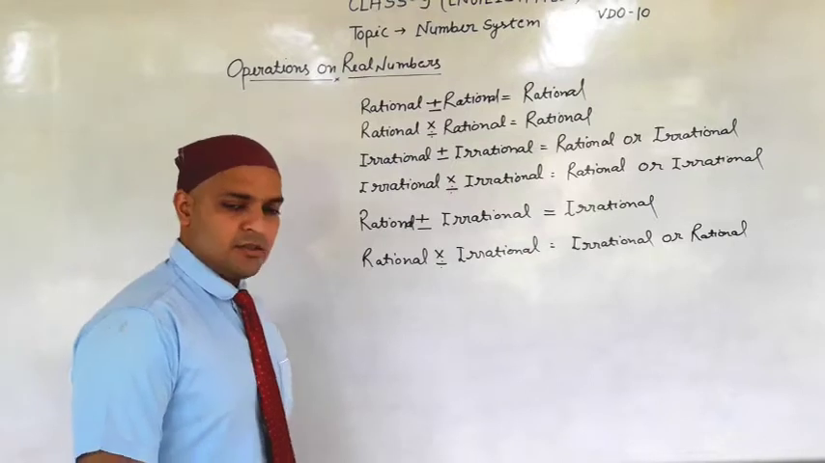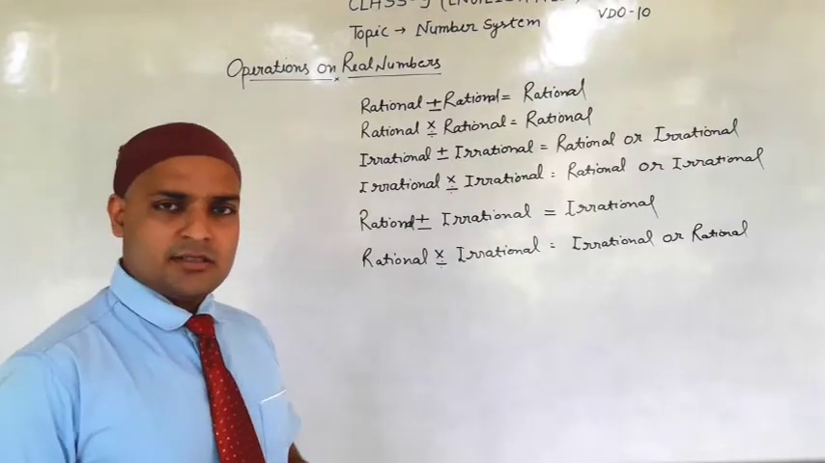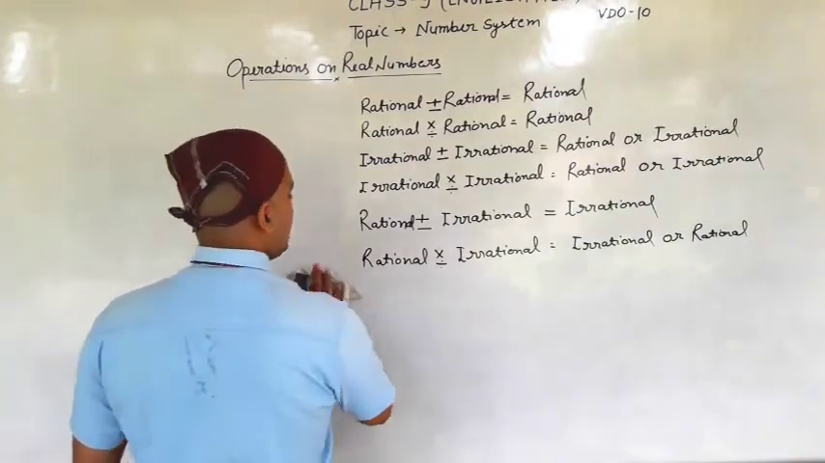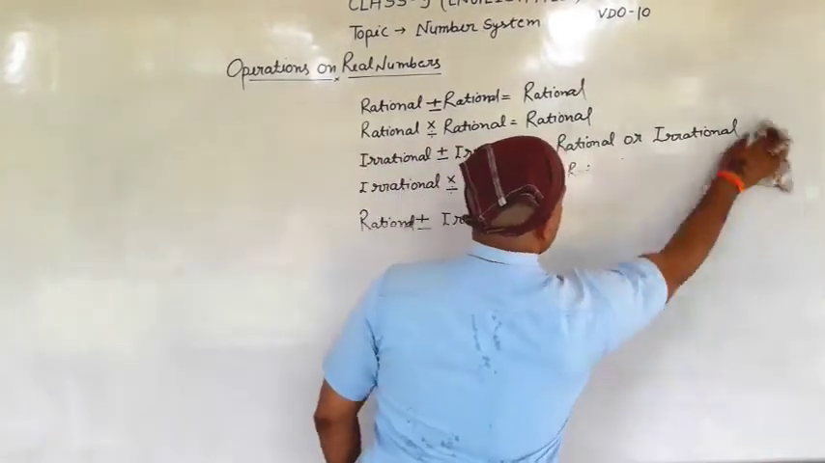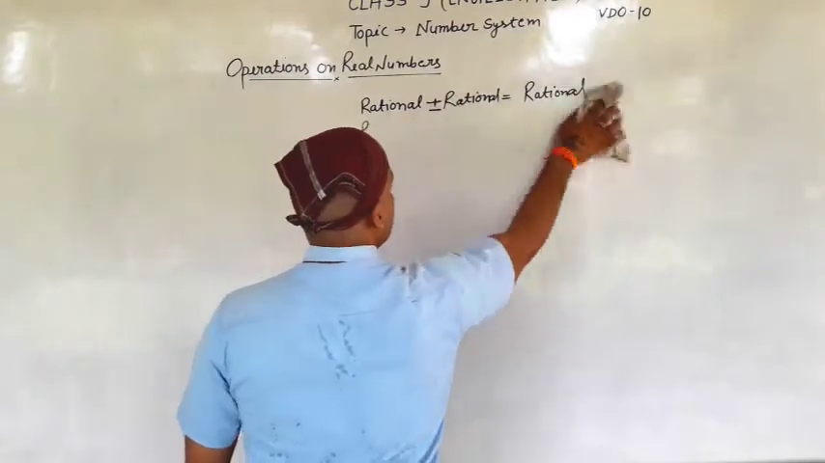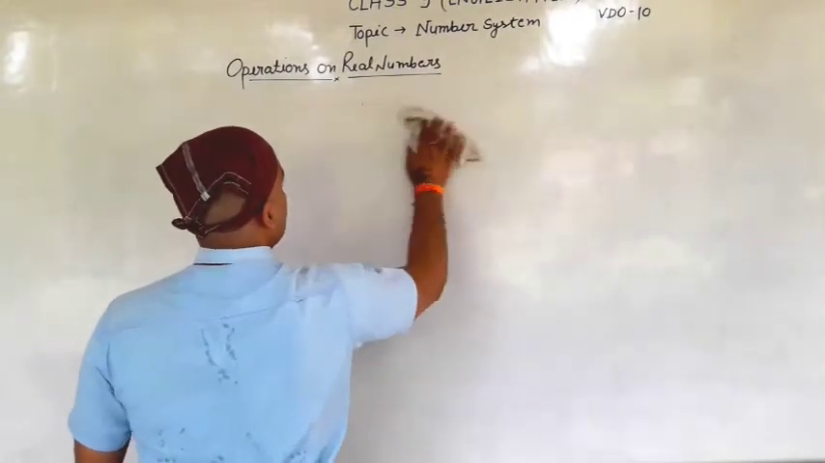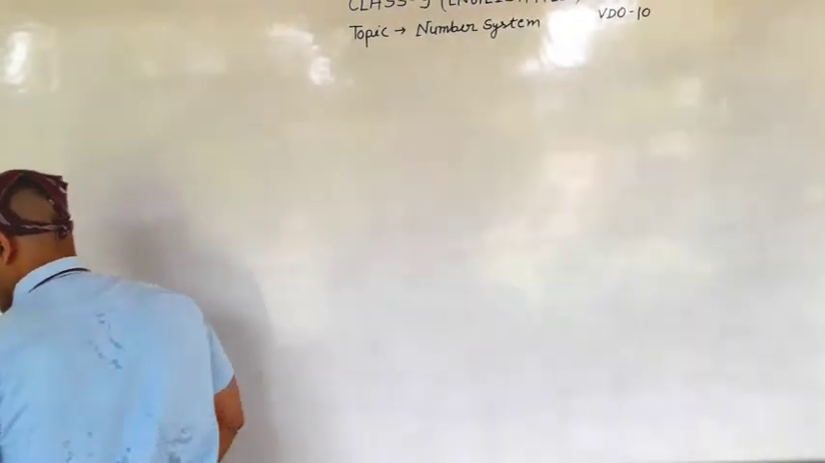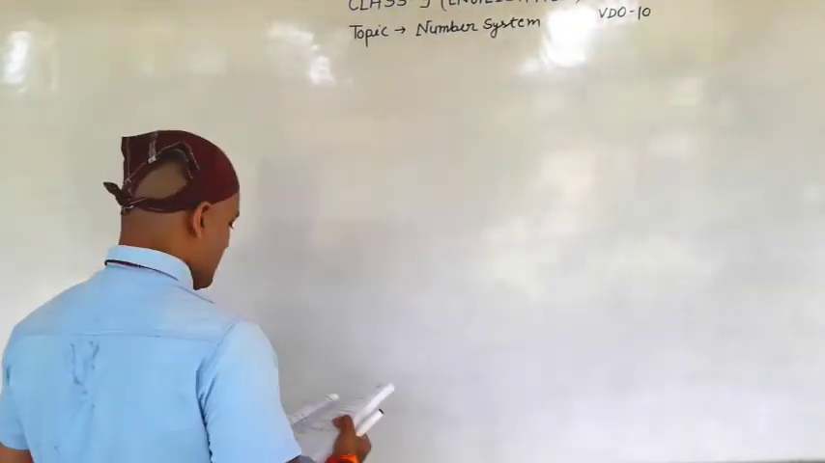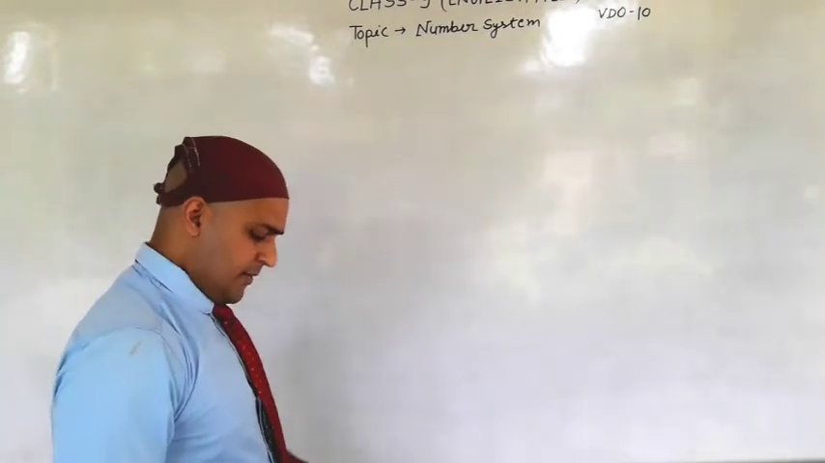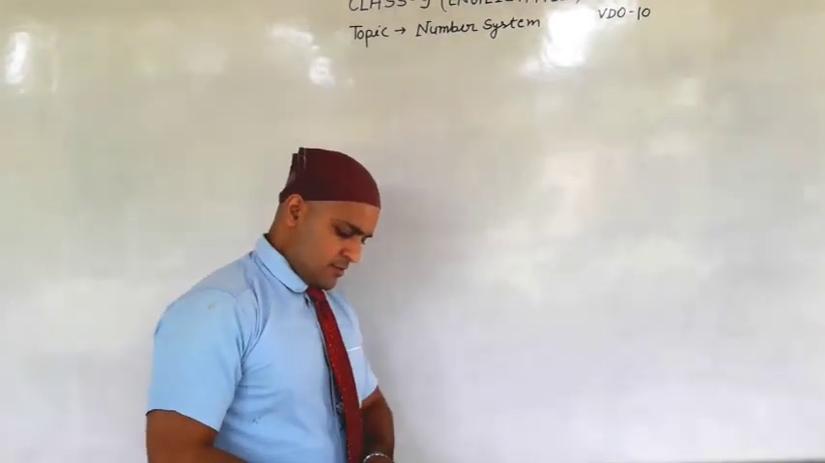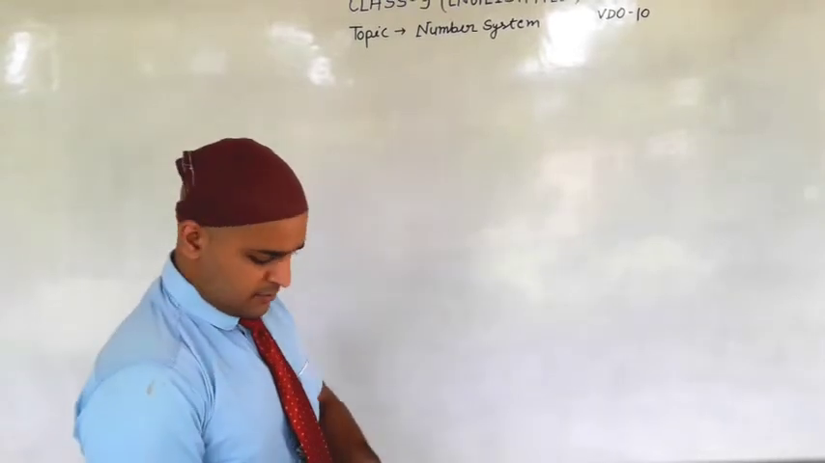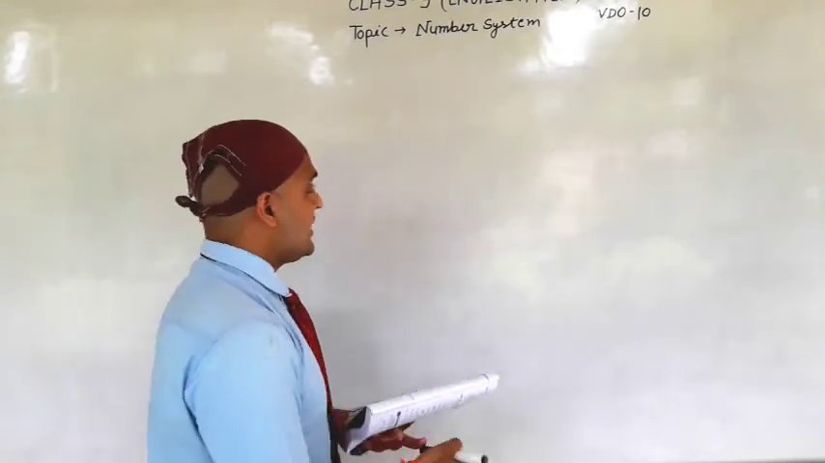Okay, students? Now I am starting a new exercise. How can we decide whether a number is rational or irrational? Okay? The next exercise is Exercise 1.5. Exercise 1.5. In Exercise 1.5,